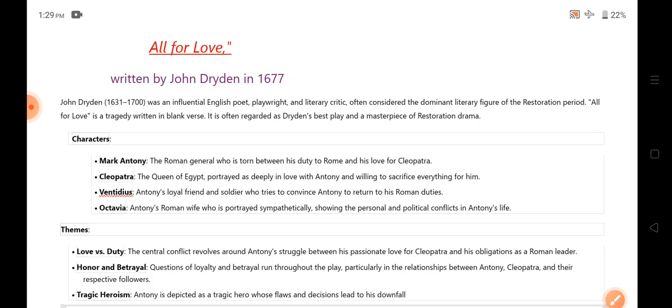First is Mark Antony, the Roman general who is torn between his duty to Rome and his love for Cleopatra. Second main character is Cleopatra, the Queen of Egypt, portrayed as deeply in love with Antony and willing to sacrifice everything for him. And the third is Ventidius, Antony's loyal friend and soldier who tries to convince Antony to return